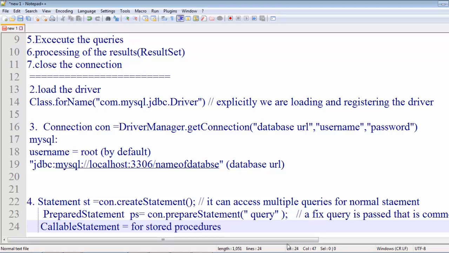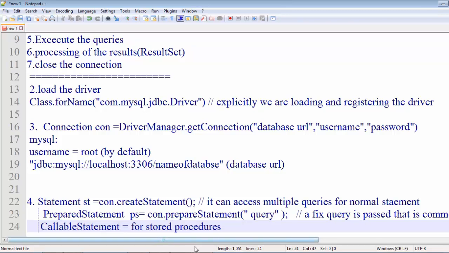Our main focus is on create statement and prepared statement. We'll use these two types in our application to execute multiple queries and to execute a fixed query. I hope this is clear to you now.